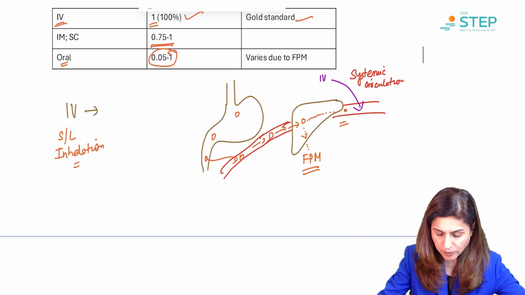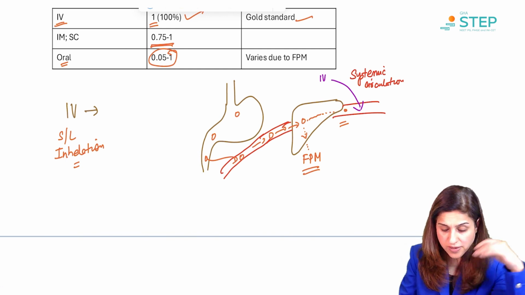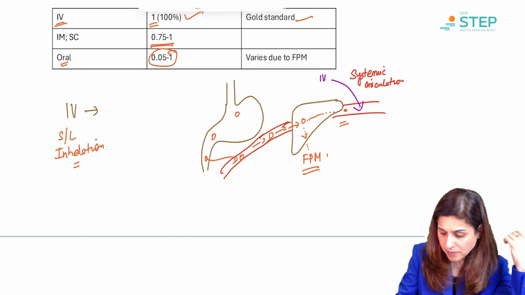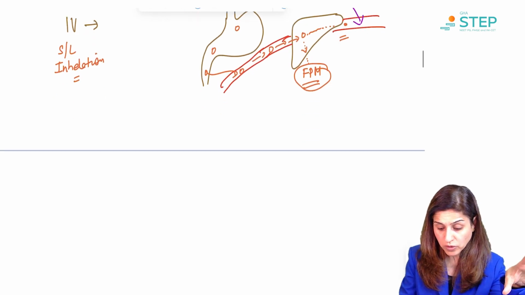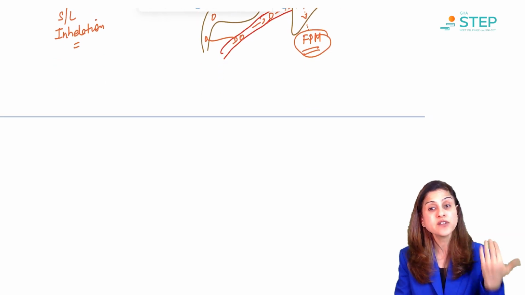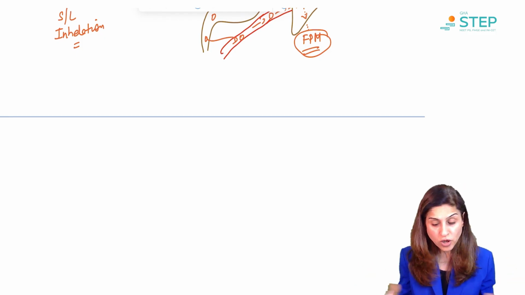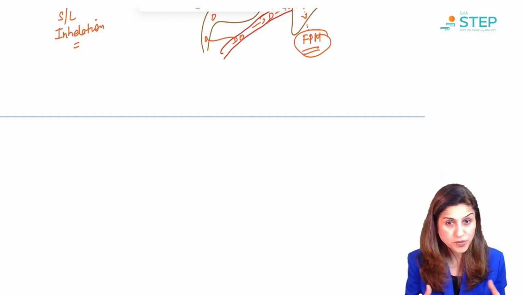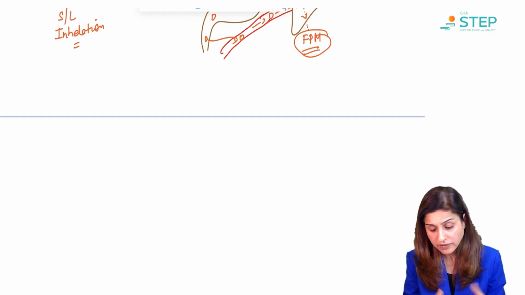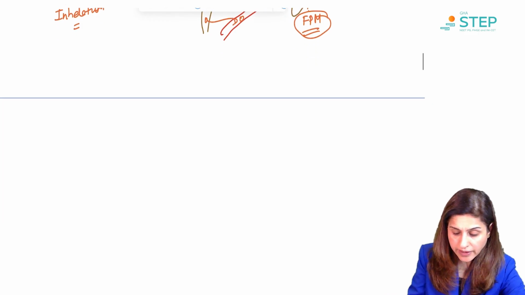So here, another important thing you have to know about is first pass metabolism. First pass metabolism is important because for the oral route or rectal route, this matters. Drugs which have very high first pass metabolism, you either have to give them at a very high dose, or for some it is not possible to give a very high dose because of the side effects and it won't be effective. So you have to change the route altogether. So there are certain drugs which have very high first pass metabolism.